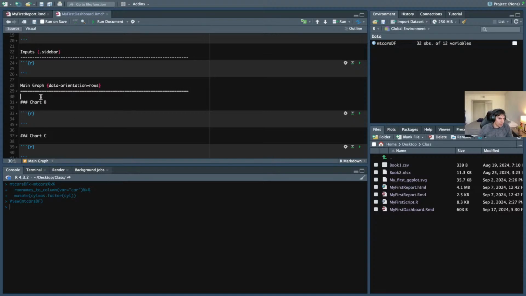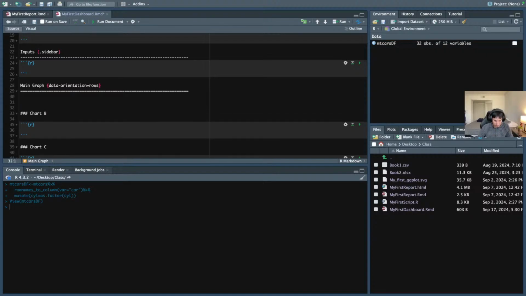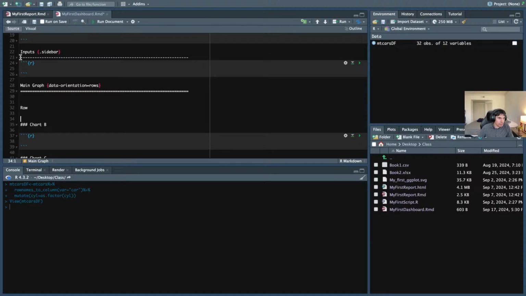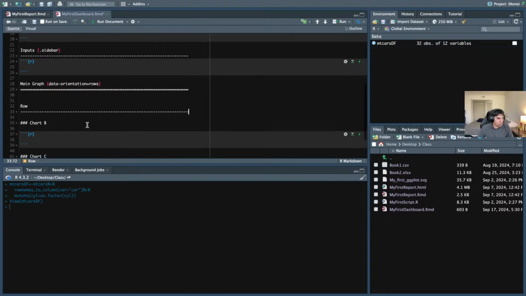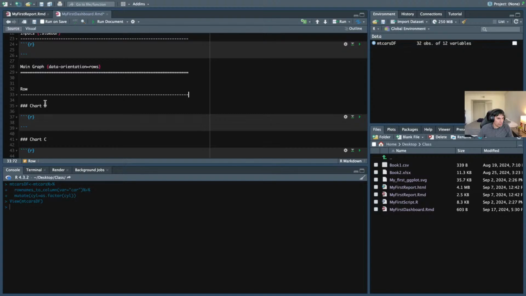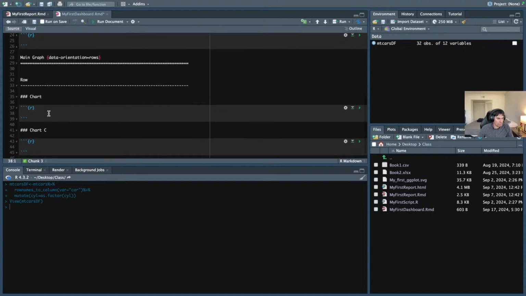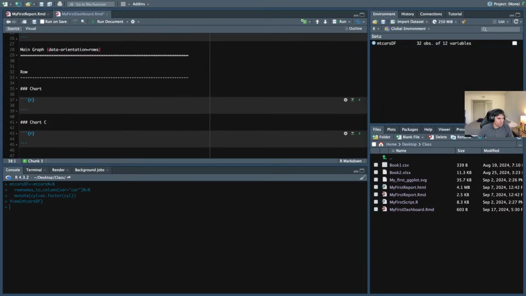Okay, now that we have that done, we will be doing next a row. So let's type row, and then we will be copying this, because that's how you work with rows in Flexdashboard. We have to specify it. Now that we have a row, we can have, let's call it just chart. Let's call it chart, and it's going to be some chart. We're going to be introducing that code later on. And then after that, we'll have another